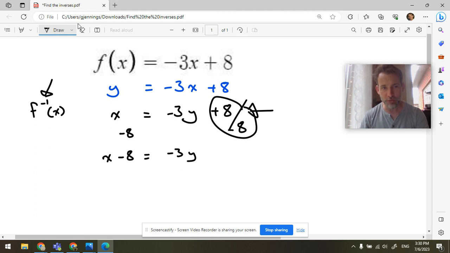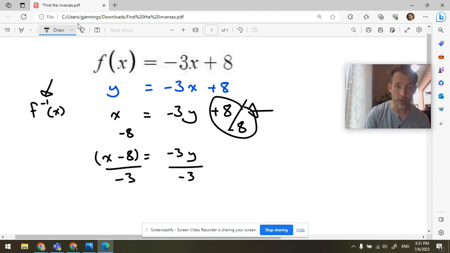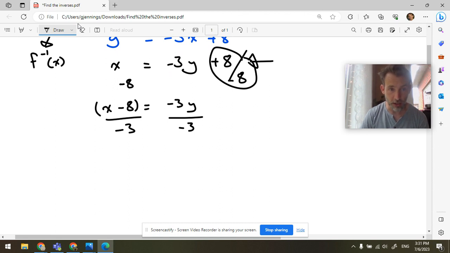Now, one more inverse operation. I don't want to multiply y by -3. I'd just like to know what y is on its own. So I divide the whole side of both equations by -3. And so then that will give me this final line here,